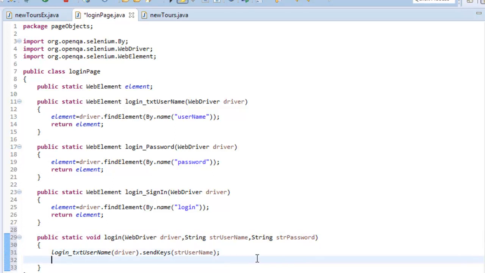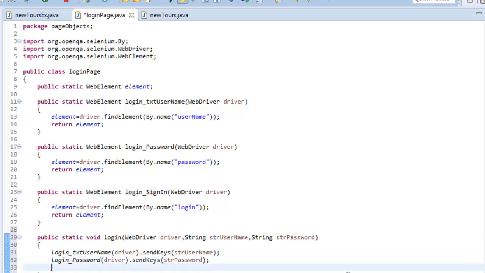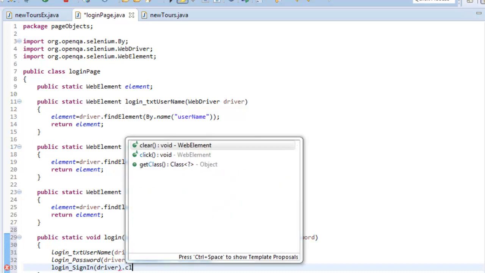Once that is done, in a similar way, I want to enter the password: driver dot sendKeys, passing whatever value I'm using for this method. And once done, I need to click on the sign in button, so driver dot click.